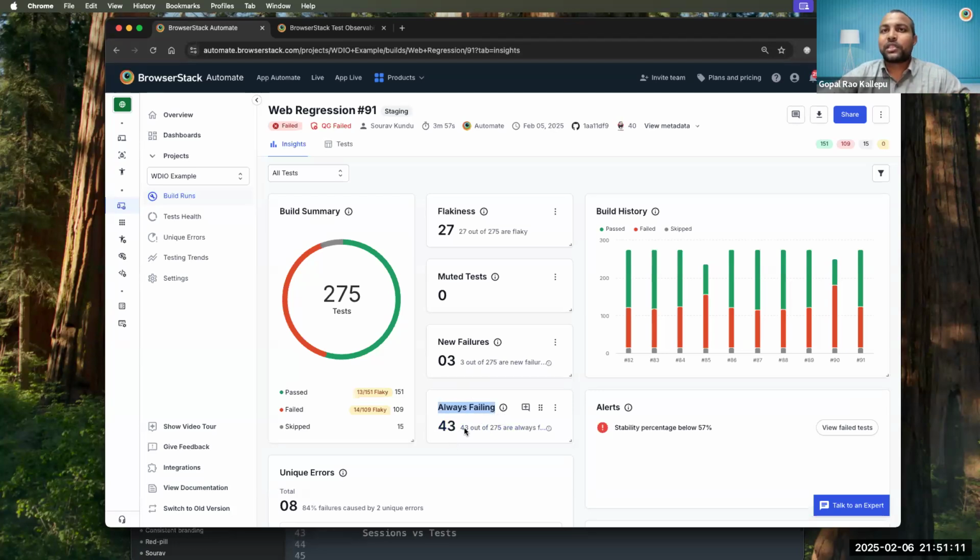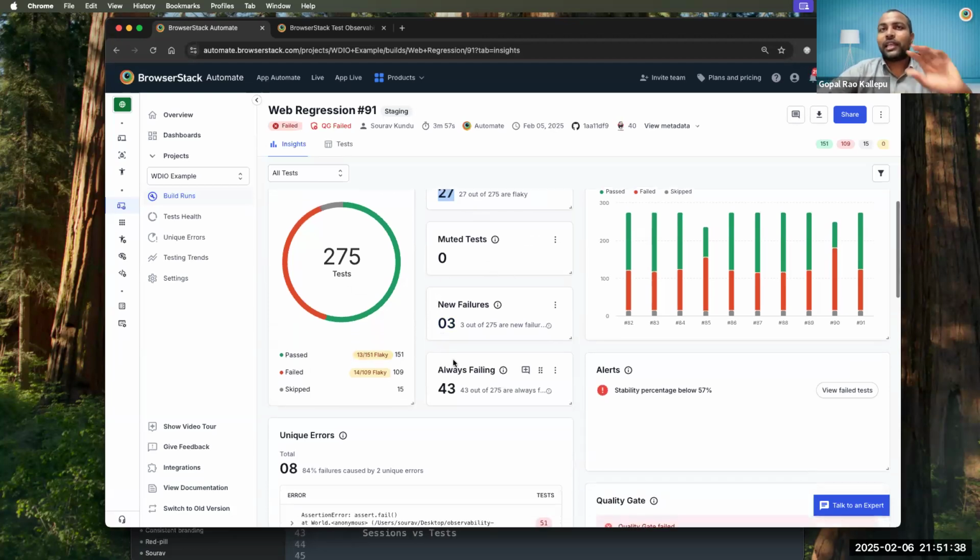So you can completely ignore these 43 test failures. Similarly, the flaky tests, right? If the test result has been non-reliable, you can probably ignore these. Again, it depends on your definition of flakiness. By the way, the definitions of flakiness, always failing, new failures, all of this is customizable. If your definition of flakiness is strict enough, you can ignore the tests that are marked as flaky as well. All right. And if you're really in a hurry,